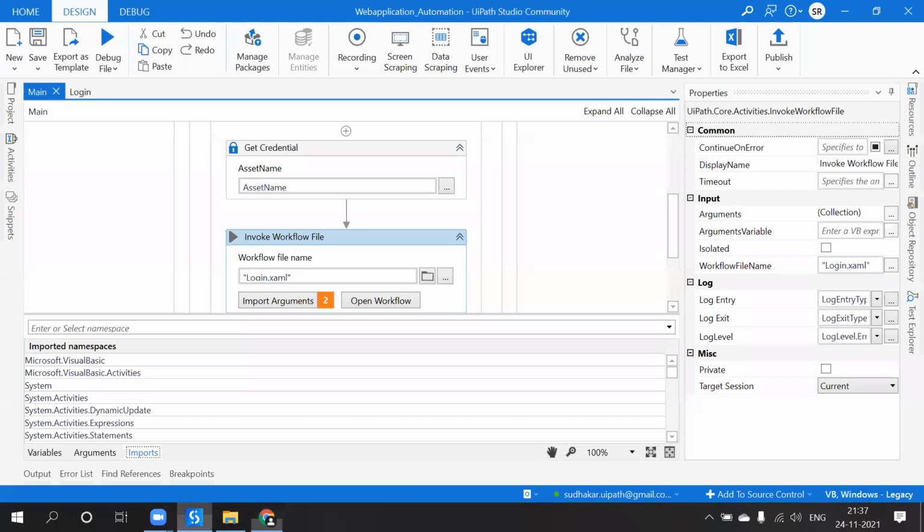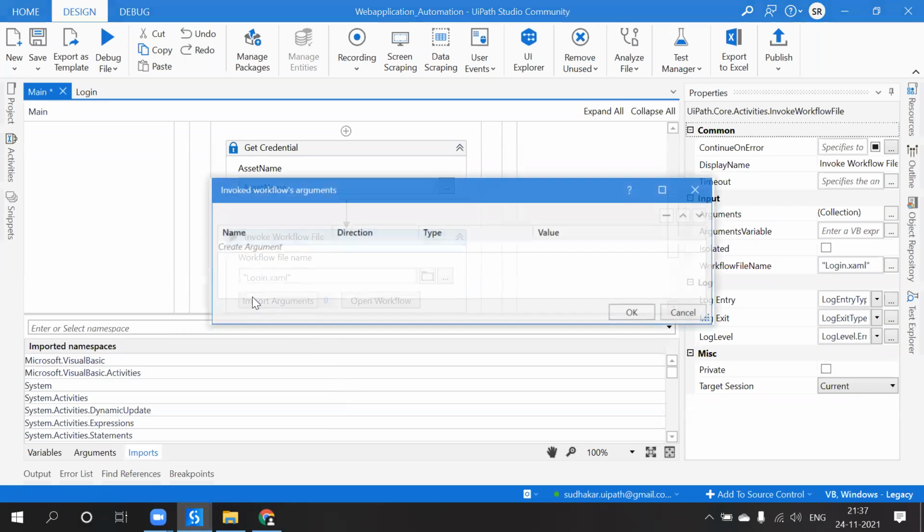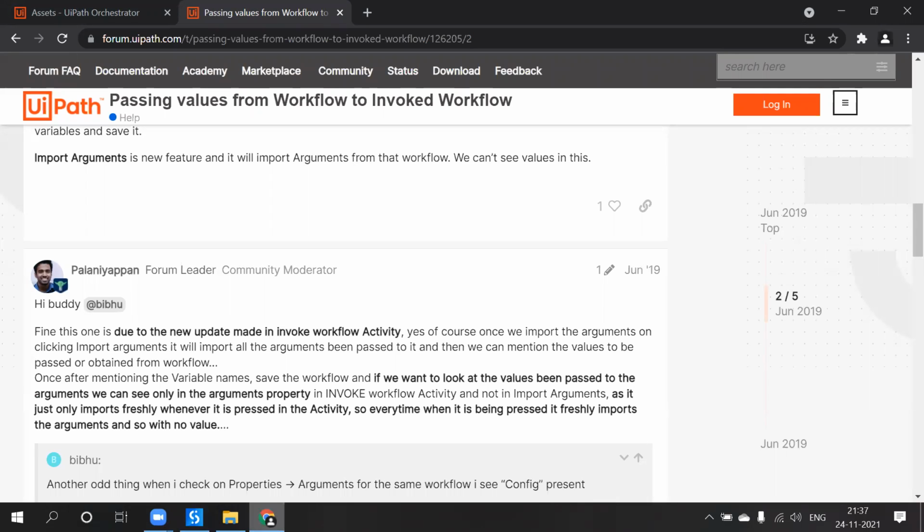Where is import arguments? Okay, arguments passed to it. So click on import. It will import all the arguments when we mention the values to be passed or obtained. After mentioning the variable name, save the workflow.